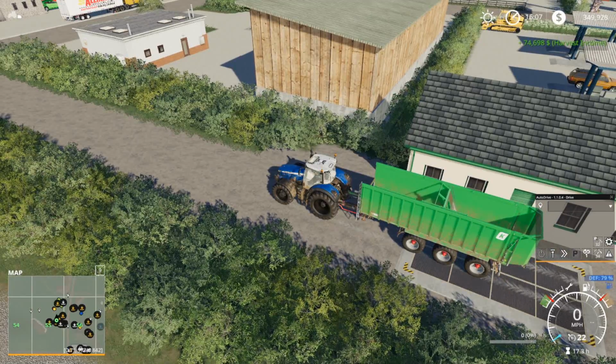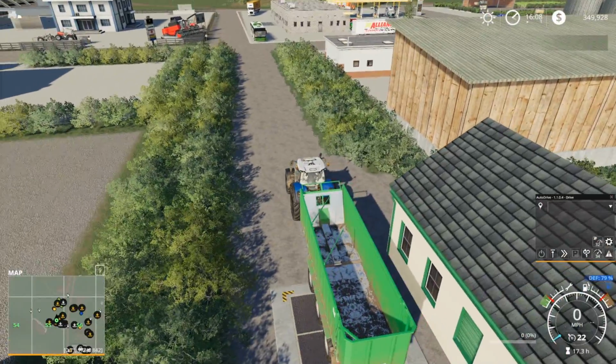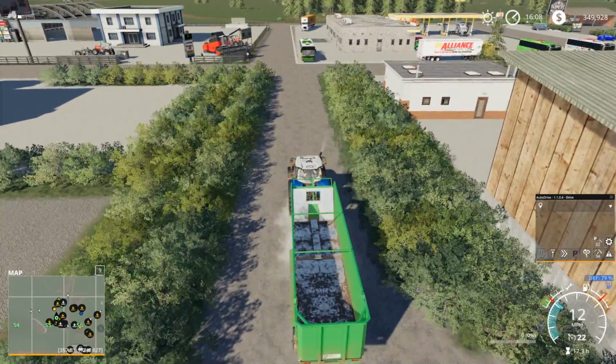And this isn't even, I mean, if we go into the menu, it's 1659, which is definitely not even the highest we've gotten. We've got over 1,700 before, but that's definitely a good price for us. So I'm going to get the rest of it done. And then another thing to note too,